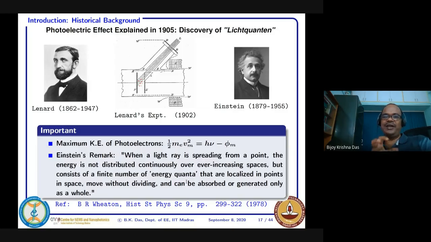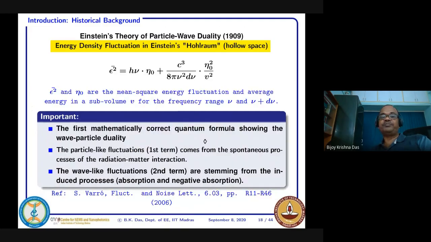So Einstein actually gave the idea of a quantum, Lichtquanten. In the German word, he named it Lichtquanten. Licht means light, so light quanta. That light quanta concept was actually given by Einstein, and you know, he got the Nobel Prize because of this. He did not get the Nobel Prize because of relativity, though that is actually the most celebrated one. All right, so that is actually 1905. So now this is the thing. I think you won't find it in most textbooks.